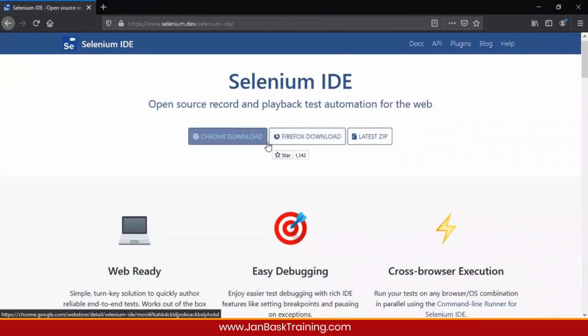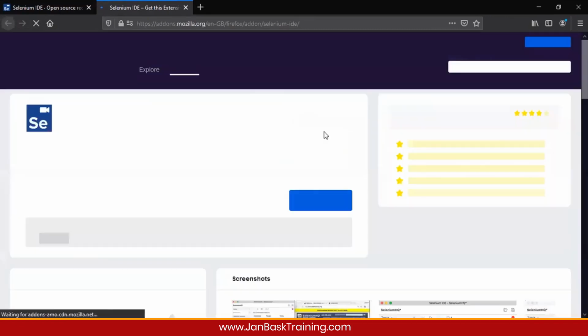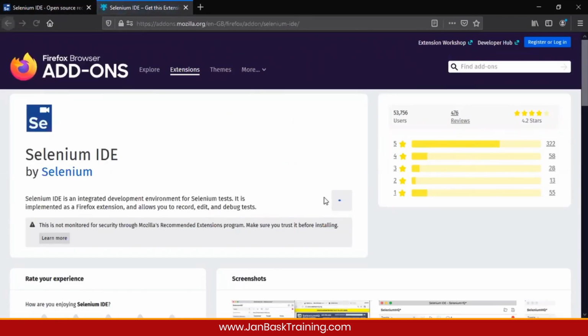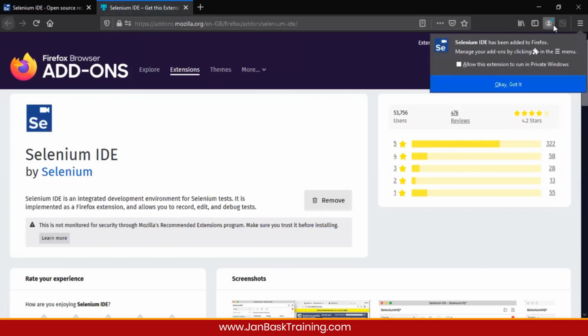Now it's even available for Chrome right now, but initially it started for Firefox. So let's add to Firefox. It's again a plugin, right? I told you about plugin. You'll see something being added over here now. Right now it's only 3 items, so you see this 4th item has been added for me. Selenium IDE.